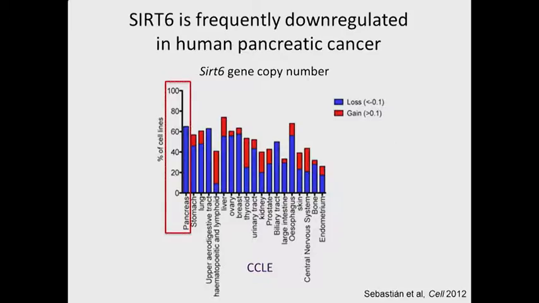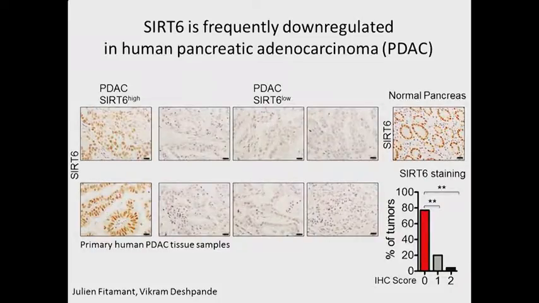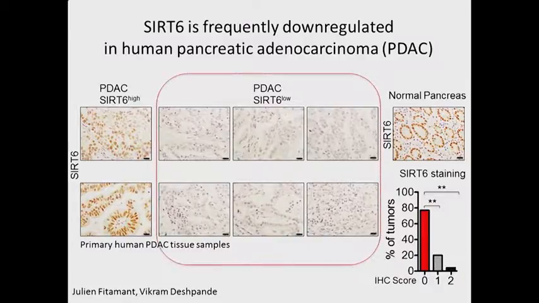So I looked at the expression of SIRT6 in publicly available data sets, and I was struck by the fact that 60% of the pancreatic cancer cell lines exhibited copy number loss of SIRT6. So I looked at primary human PDAC, or pancreatic ductal adenocarcinoma tissue samples, and found that the vast majority had lost SIRT6 expression when compared to normal pancreas. Based on these findings, I wanted to determine how the loss of SIRT6 influences the onset and progression of